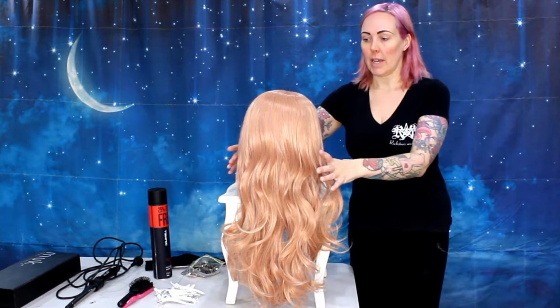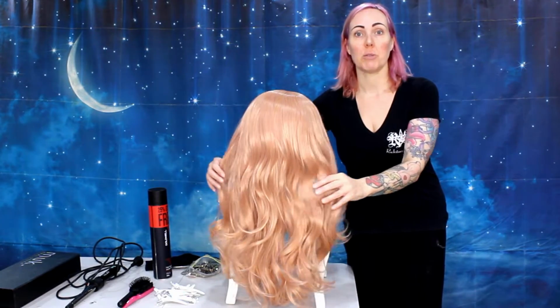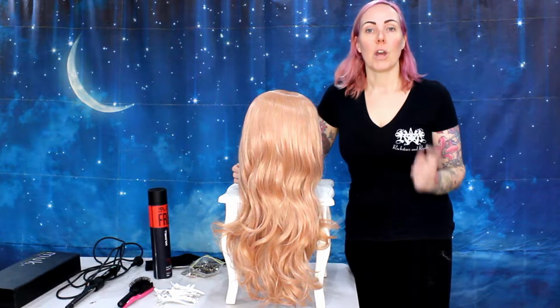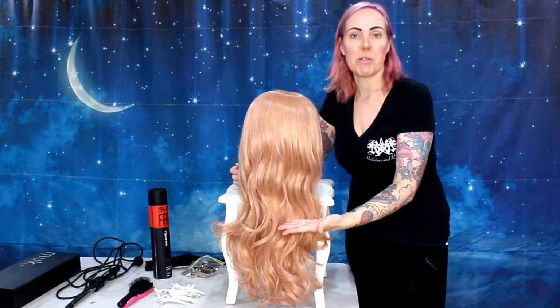So this wig is a lace front wig that I got from Amazon. It cost me about $50. It's really pretty just as it is, and in fact I've already used it in a photo shoot like this and it looked gorgeous. To go with the Flora dress though, I'm going to cut some of the length off,